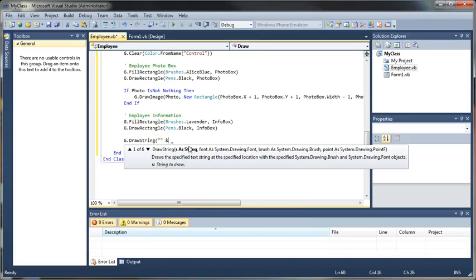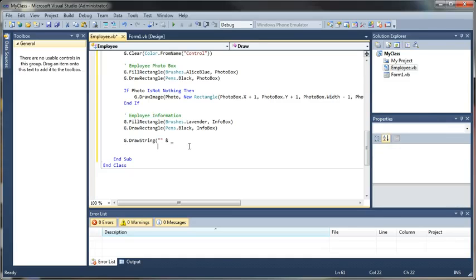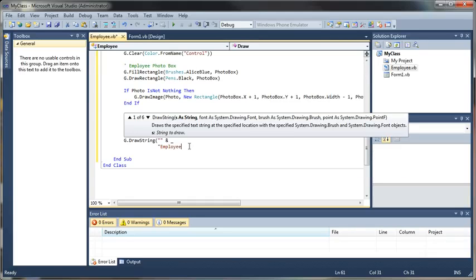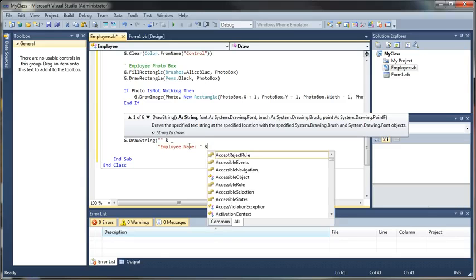Put an ampersand sign and a little underscore to drop down to the next line, and then we'll start drawing our information. I'm going to start with employee name, put a colon there, and close our string, and then we'll draw the values. So sorry. So we'll say and